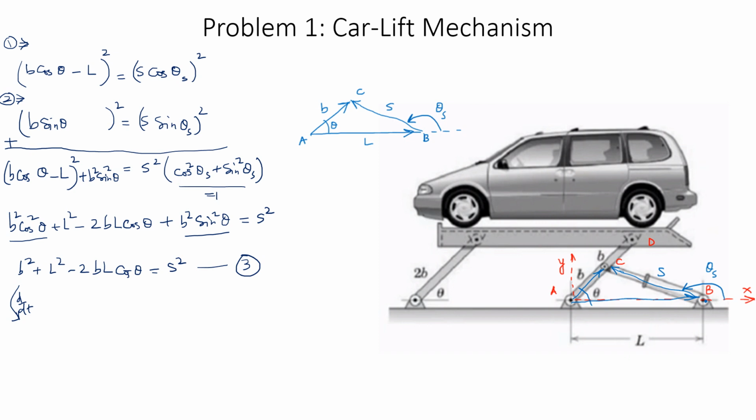I'll write it like this: you have 2B B dot, and since B is constant, this is going to be equal to 0, and similarly you have 2L L dot, which is also equal to 0 because L is not changing with time, and then you have minus